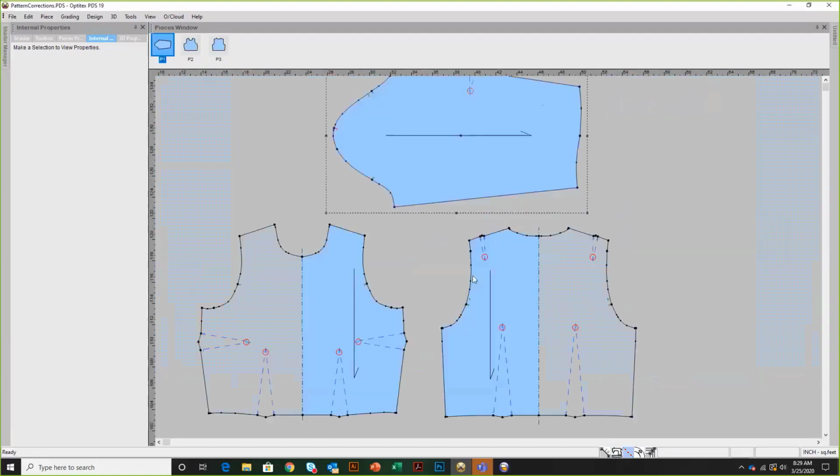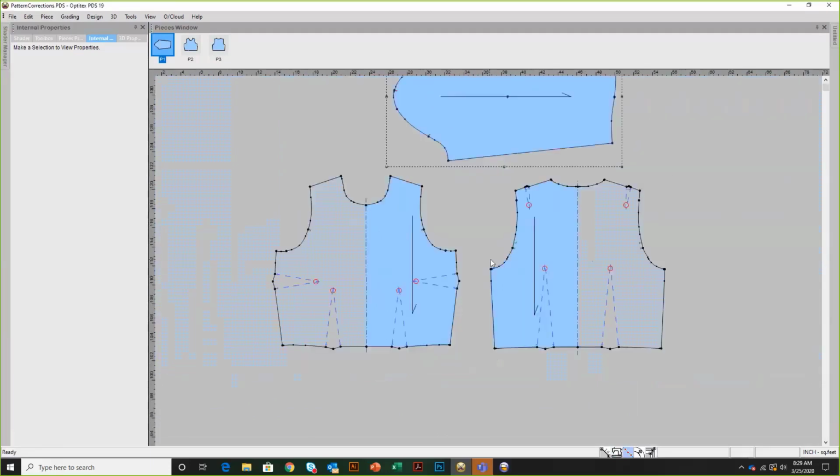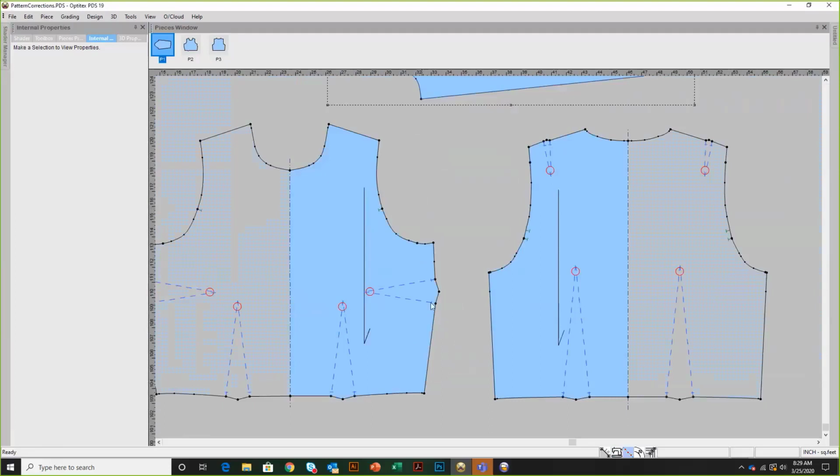Okay, so this is a fully cleaned pattern. You can see we've actually put in the dart tools as well. We've used the Dart tool to create smart darts within the pattern design system. Okay, so what are some of the next things that we're going to do as part of this